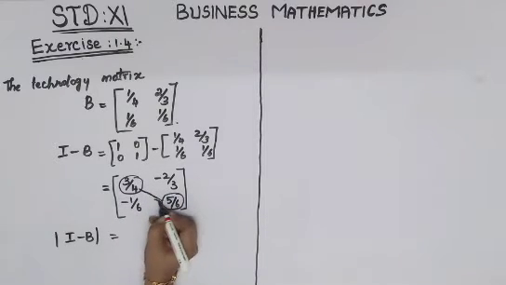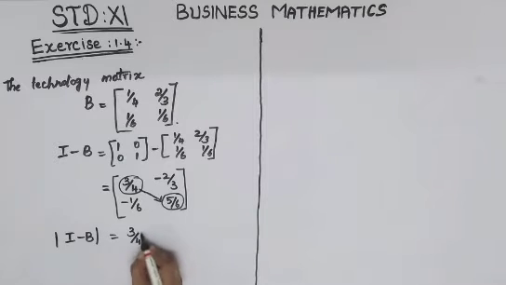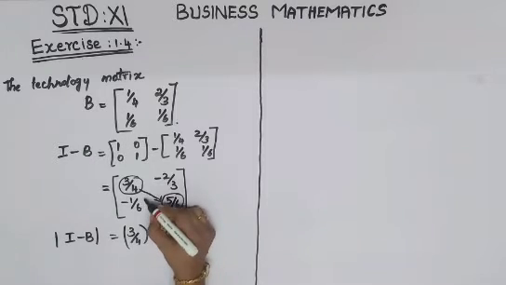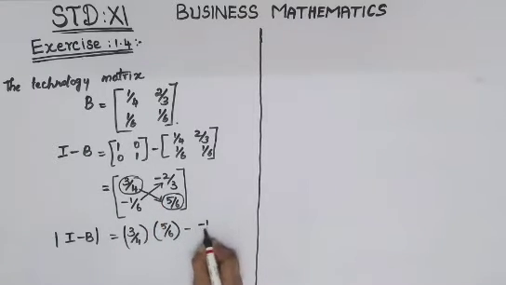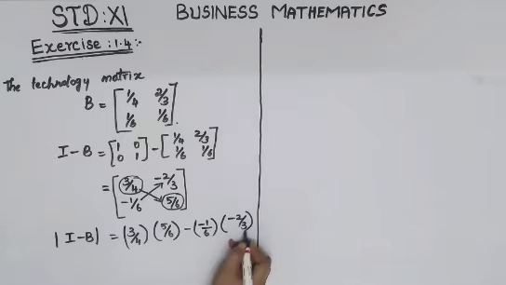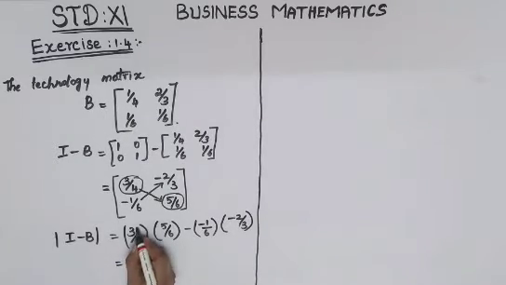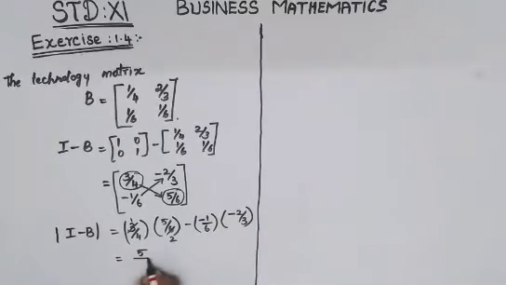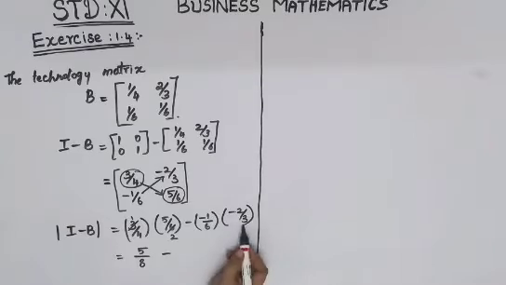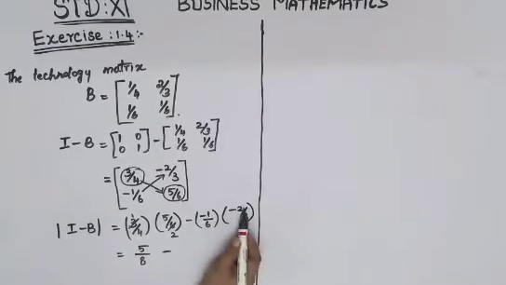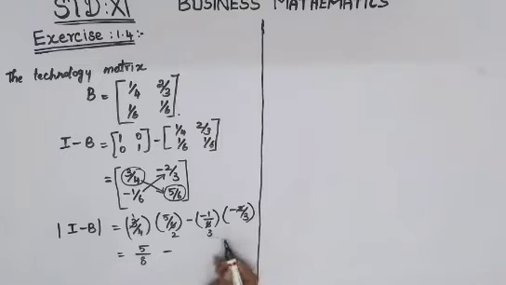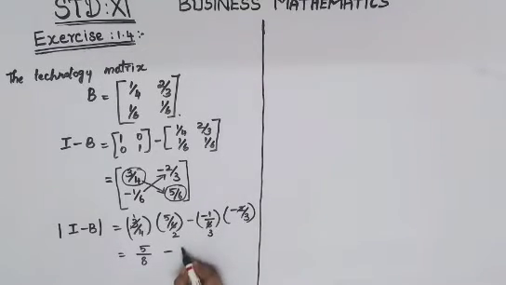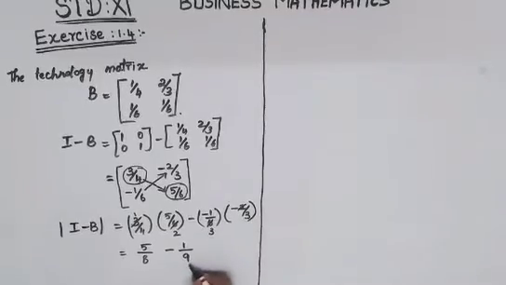So multiply these two elements: 3 by 4 into 5 by 6, minus multiplication of these two elements, so minus 1 by 6 into minus 2 by 3. Now in the multiplication, you can cancel 3 and 6, it will go 2 times. Here it is once. So 5 divided by 8. Here minus and minus will become plus. So 2 and 6 you can cancel, you will get 3 times. This minus is there as it is. So it is 1 divided by 9. These 3 threes give 9.